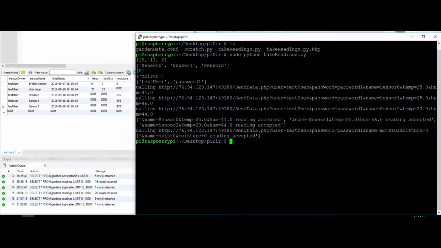We can see here that the humidity and temperature was recorded and PHP echoed back reading accepted. Same thing with our moisture here. Moisture reading is 0 because it's just reading air. Reading accepted. So if we go look at our log file, also located in the Pi directory,